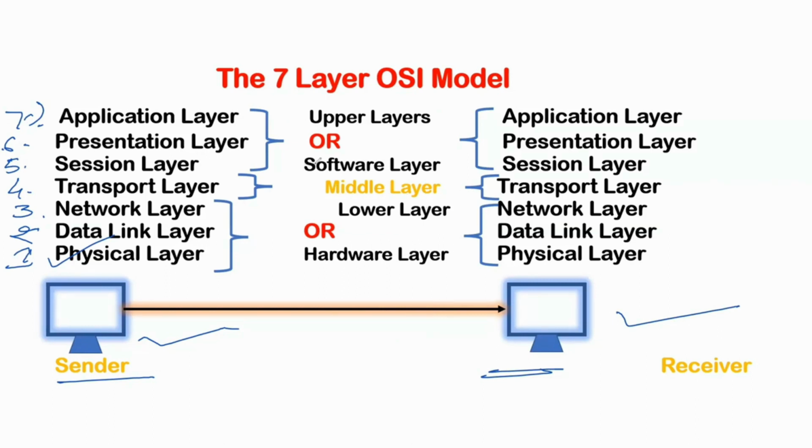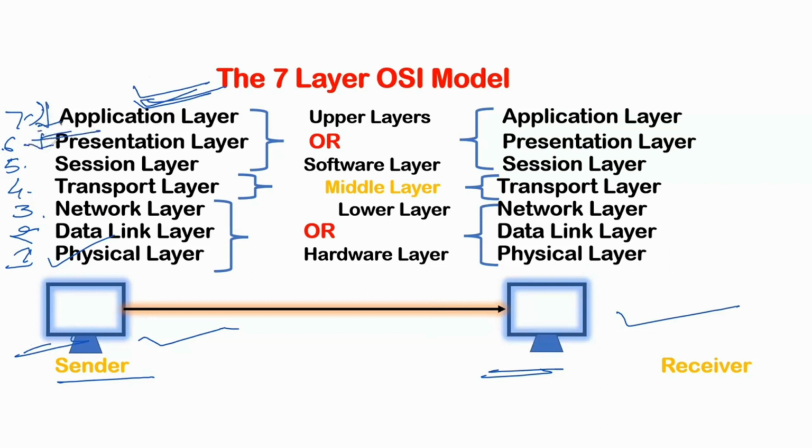I am working on the application layer. I am using Zoom and PowerPoint, and I am connected with you. So the sender is always connected with the application layer. It sends the data, and the first layer for this data is the application layer,